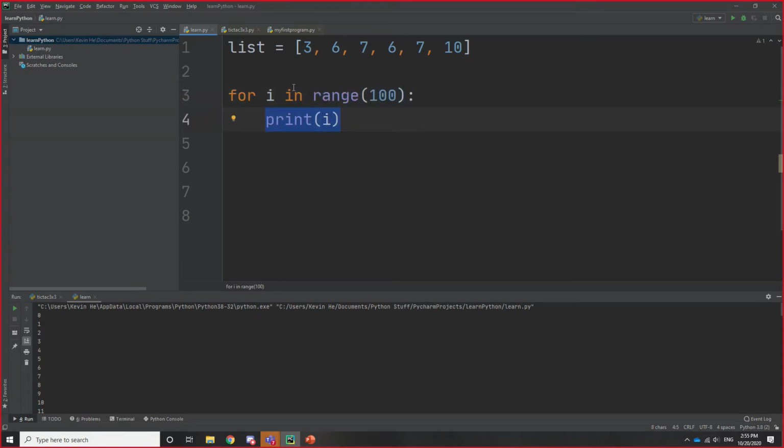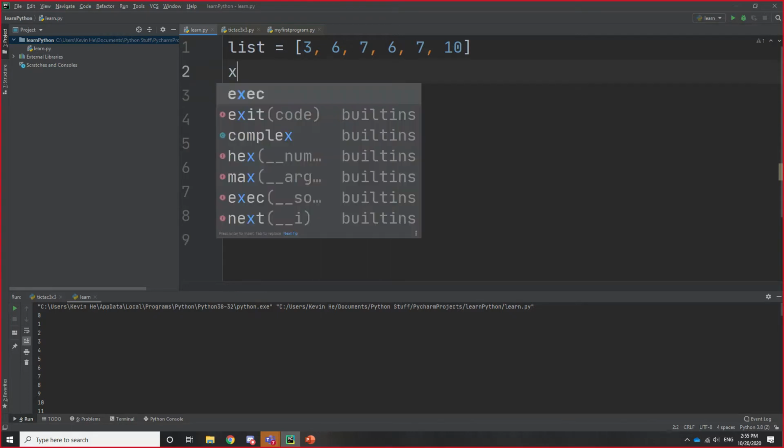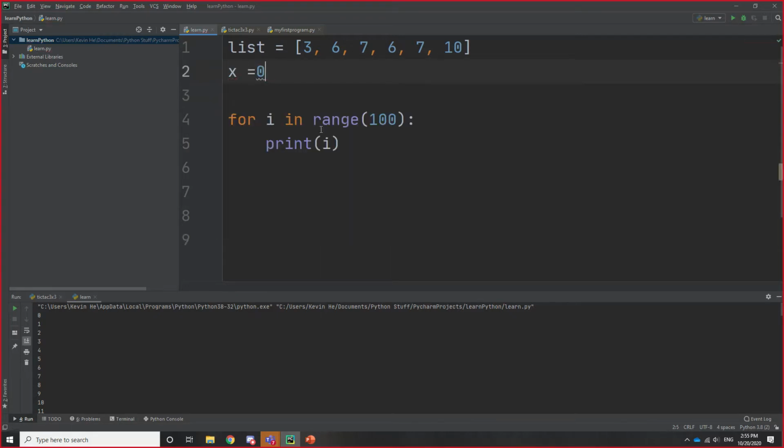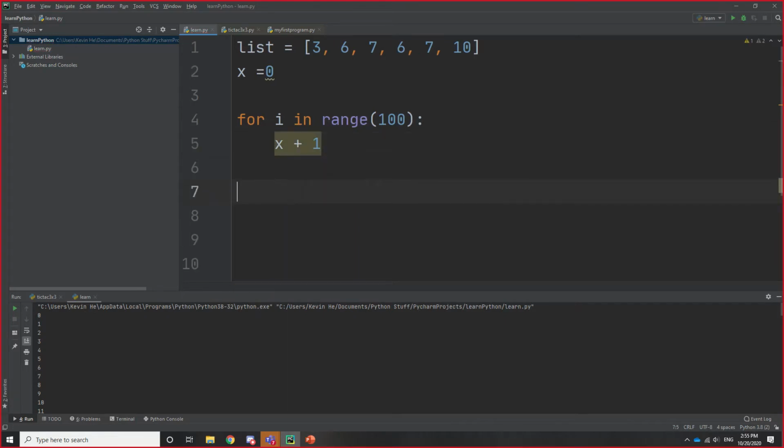So like, say I have a variable x gets 0, and then we want to add i to it. So does anyone know what the answer would be? Do quick math, like I don't know, 5 grand or something, right? Print x. So what this would do is, starting from 0, it would add 1 and then 2 and then 3 to the variable of x. This is actually wrong. You would just do x gets x plus i, right? And now we can print out x,